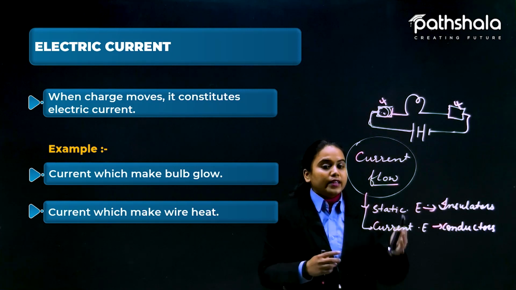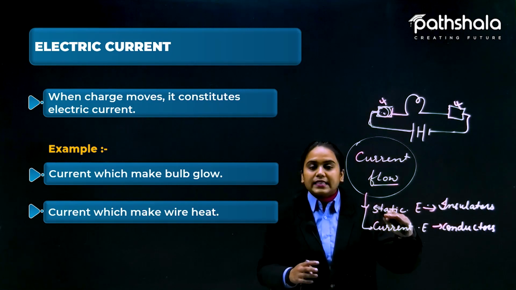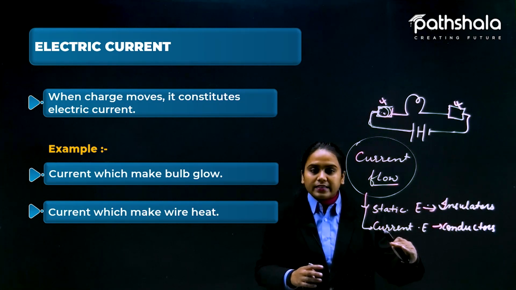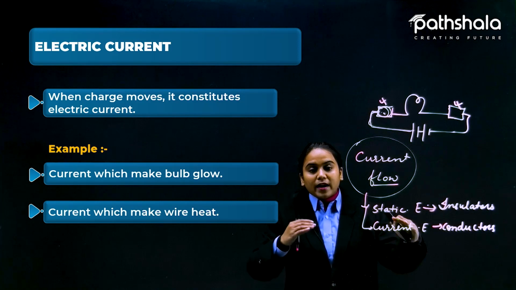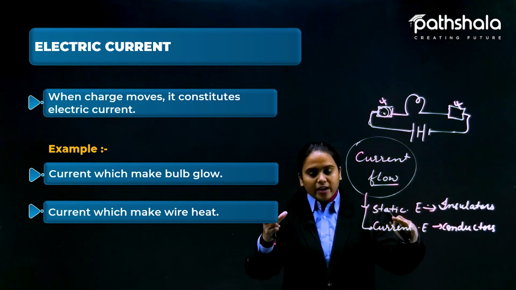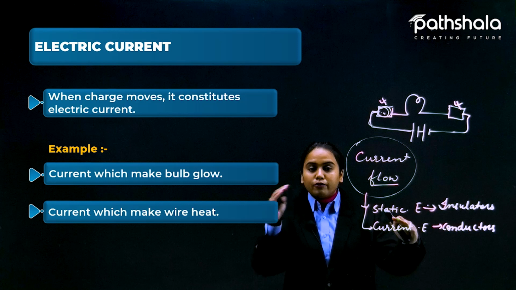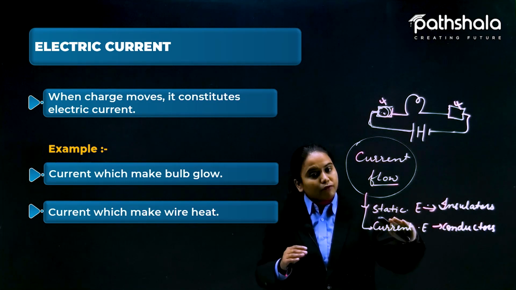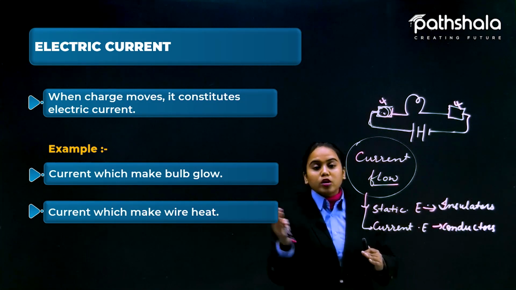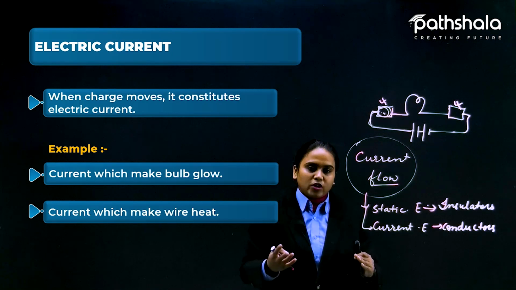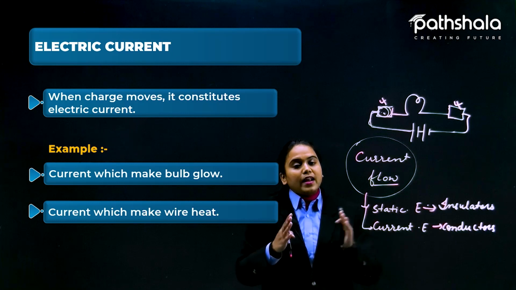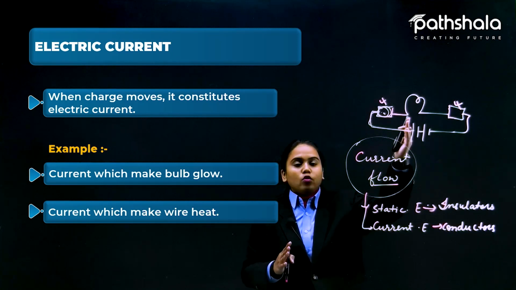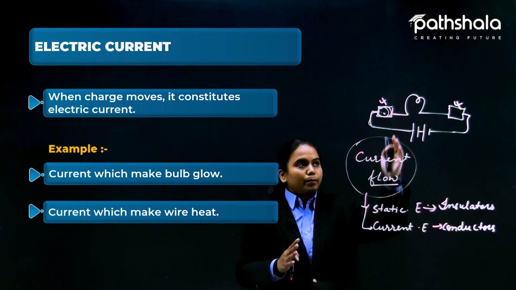So you need to know static electricity and current electricity. In static electricity, the charged particles are freed from the atomic shells, but at the surface only. They will be present at the surface only and will not cross through the insulator object. And in current electricity, the conductors will allow current to flow. That is why only the bulb will glow.